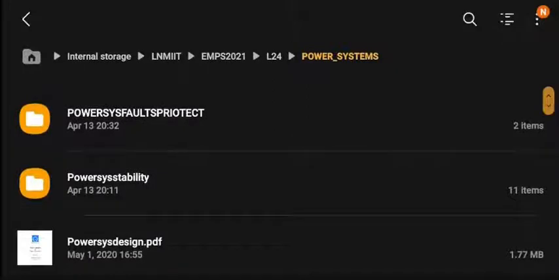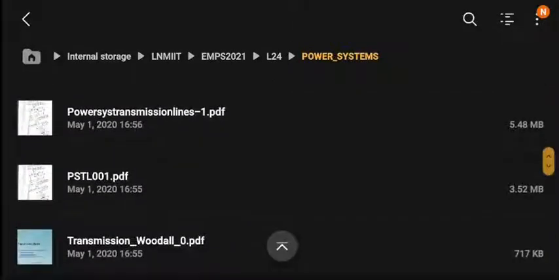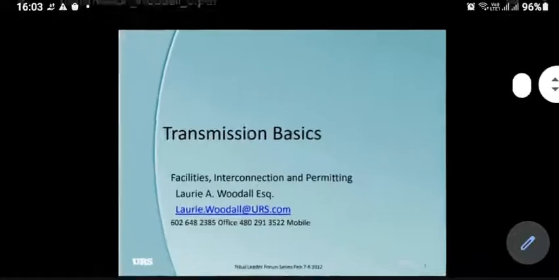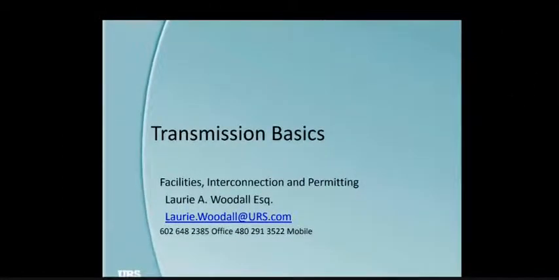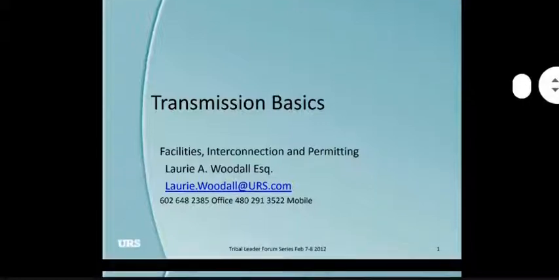Now, more important from the power system point of view is the design and implementation of transmission lines. And I'll give you some flavor today on these aspects. It's a PPT not prepared by me, but by somebody else. You can see the name. These are industry people who basically keep giving lectures like this to other people.